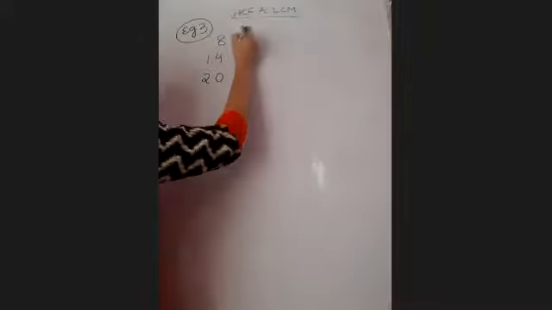Now I'm taking an example wherein we have three numbers. Let us choose any three numbers. Let's say 8, 14, 20. Any three numbers I have taken. Okay, so now let us make prime factors, children.